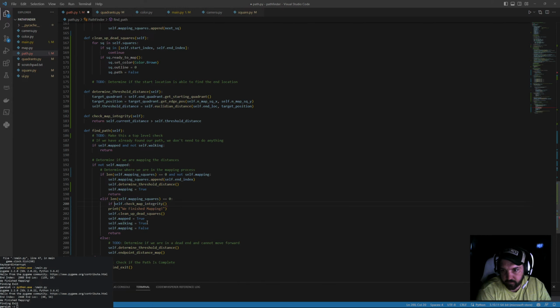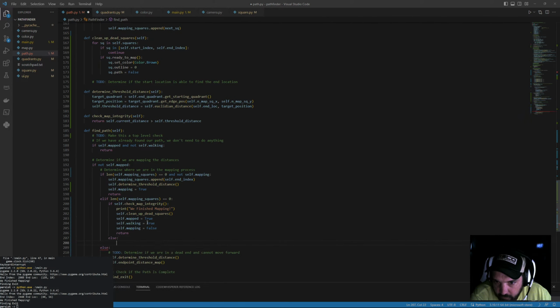And then if we can check this, then we will exit all of this. If the map is not integral,